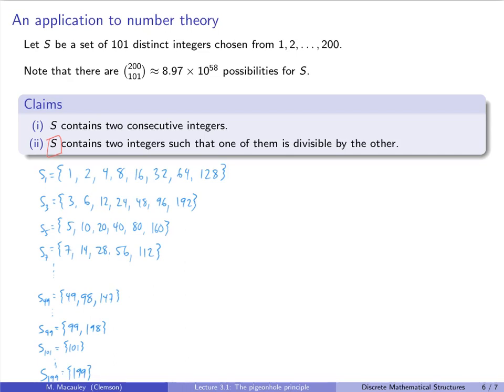And notice how we've constructed this is that any 2 elements in the same S_i, one of them is a multiple of the other, because we're constructing them by just multiplying by 2. So 192 is a multiple of 24. 80 is a multiple of 20, and so forth. So the sets S1, S3 up to S199, I should say, are the 100 pigeonholes,